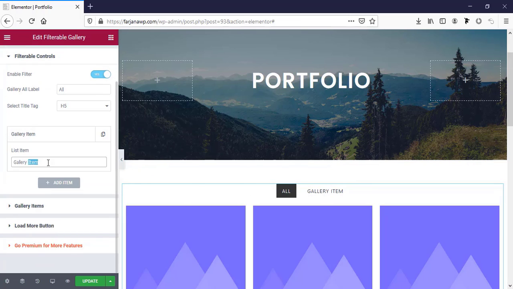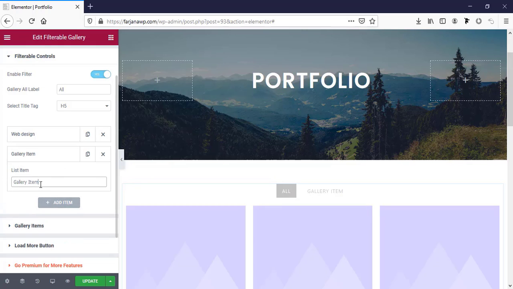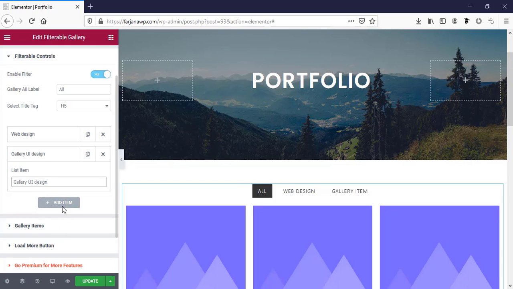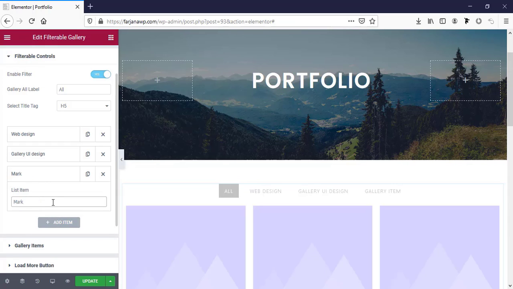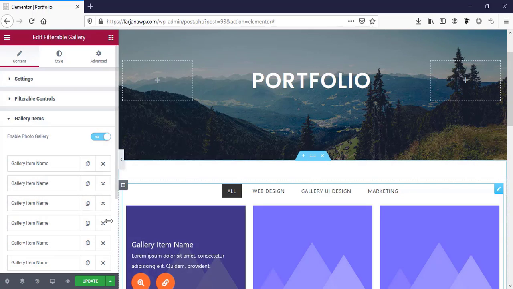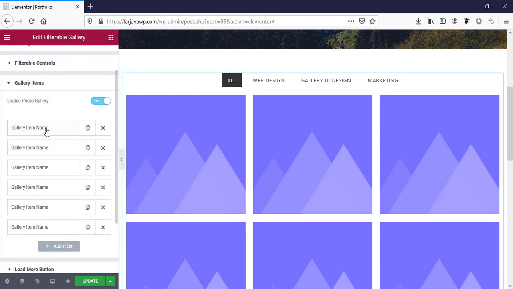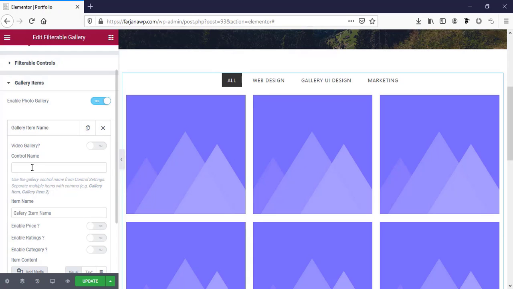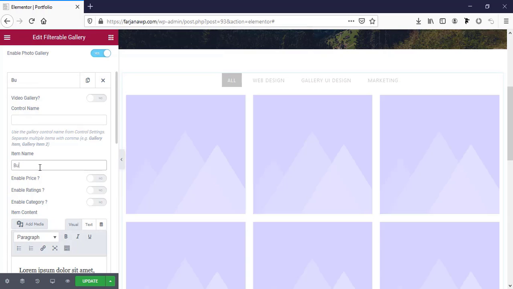And here is by default the item name. I'm changing it to web design, and another one I'm adding is UI design, and another one I'm adding is e-commerce or marketing. And now gallery items. So here by default there are these 6 items with images, and we can change all these items from here. So here is the default name. We can change it to business website,